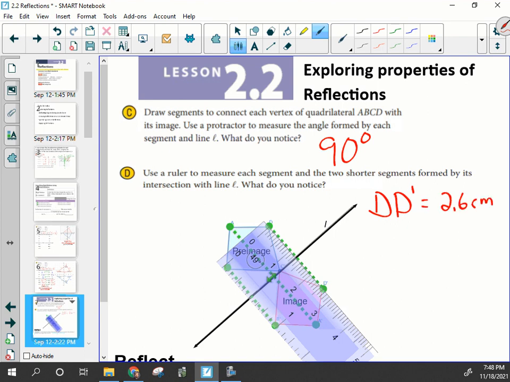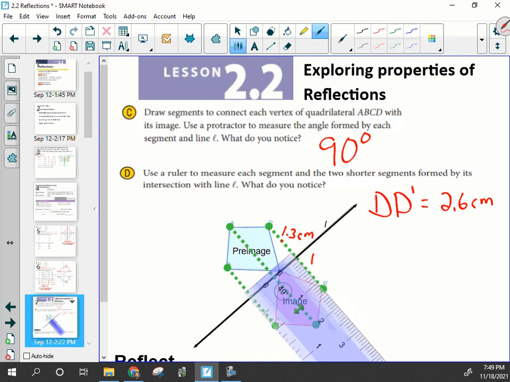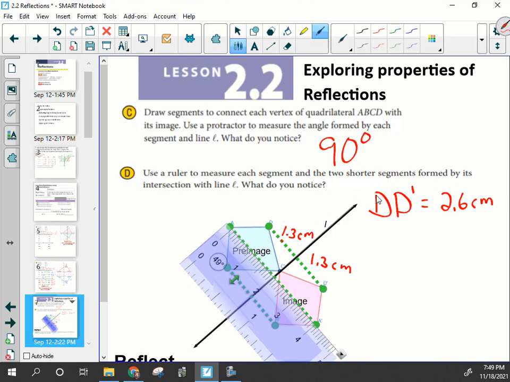Well, if I measure the distance then from D to the black line, line L, which I reflected my image over, you'll notice I get 1.3 centimeters. And if I measure from the black line to D prime, again, you'll notice what? 1.3 centimeters. If I measure from A to A prime,